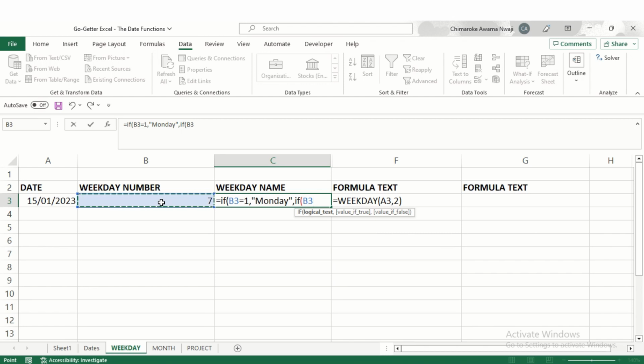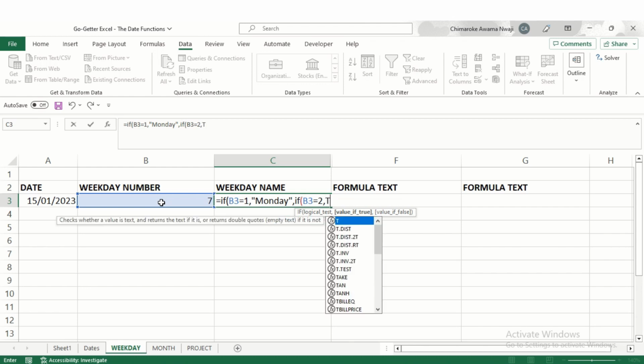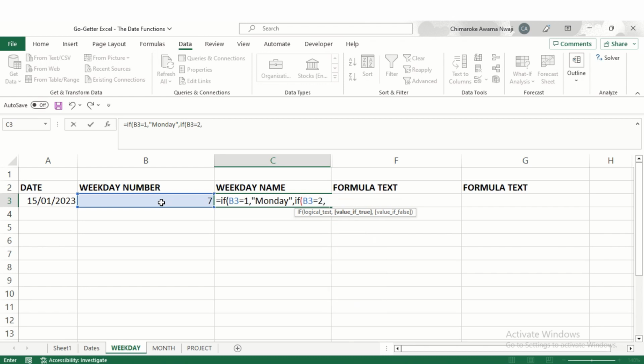B3 equal to 2, comma, put it in quotation marks, Tuesday, close the quotation mark, comma, IF B3 equal to 3, comma, Wednesday, comma, IF